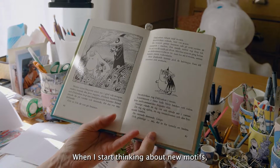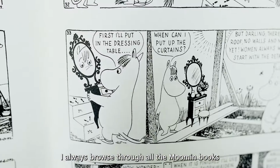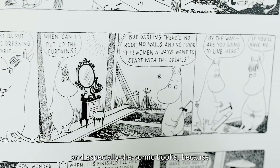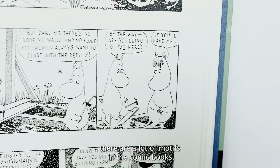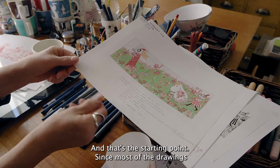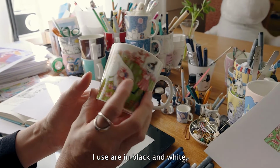When I start thinking about new motifs, I always browse through all the Moomin books and especially the comic books, because there are a lot of motifs in the comic books. And that's the starting point. Since most of the drawings I use are in black and white,